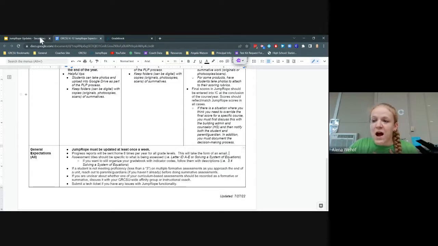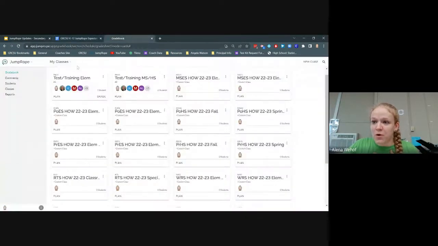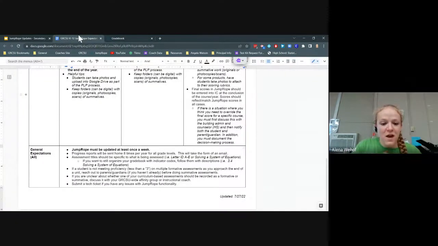Okay. I'm going to switch gears now and hop over into JumpRope itself. Before I go there, my JumpRope looks a little wonky because I did a whole bunch of setup things. So I was wondering if one of you guys would be willing to have me ninja into your account to use you as a demonstration, and I will set your classes up for you.